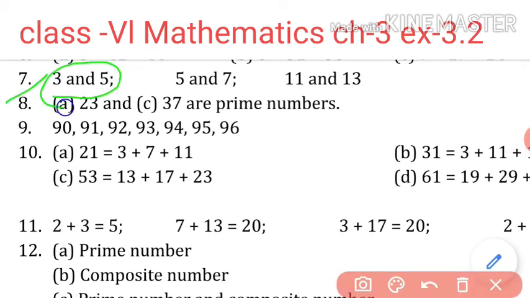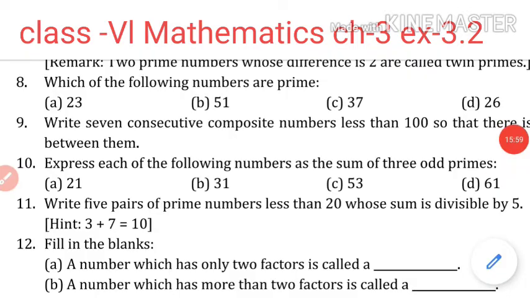Now here is your answer for 7. One pair 3 and 5, isn't it? I have already given you that as an example. Now the second pair 7 and 5, because if you take the difference of 7 and 5, their difference means minus. 7 minus 5 is 2. Now again 11 and 13. So 13 minus 11 is how much? 2. So these are the numbers whose difference is 2. Now come to question number 8.